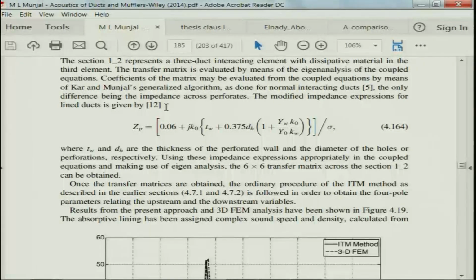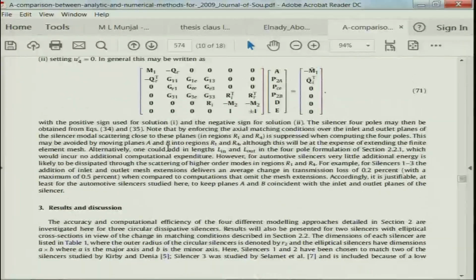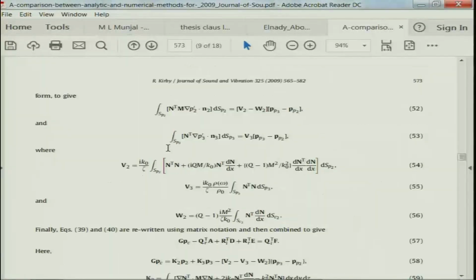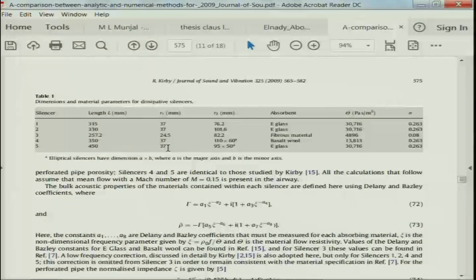On both sides of the perforate there is only air. That is one thing, and then there are other expressions also. There are lots of them. It's almost impossible to cover the entire thing, but they have been obtained either through some theoretical models and validated by some impedance tube test, or by basically directly fitting some empirical formula to the experimental values.